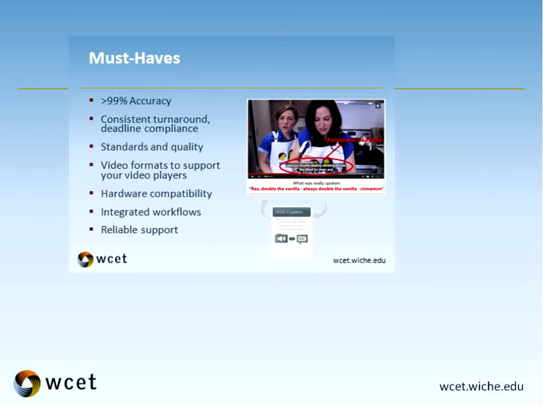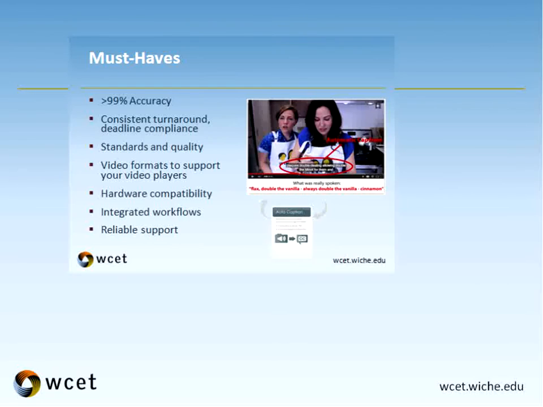The second last item here, integrated workflows. So this refers to integrations that are in place, and different companies have different processes in place. But for example, at 3Play Media, we have integrations with all of the main video platforms like YouTube, Kaltura, MediaSite, Echo360, Panopto, all those different companies. So you don't even need to worry about video formats, or even transferring files back and forth. You can basically just select which videos need to have captions. You press a button, and then all of the workflow happens on the back end, and the captions just show up. And I think if you're only doing 1 or 2 videos, maybe that's not necessary, but if this is a process that you want to become scalable, I think you need to have those integrated workflows in place.